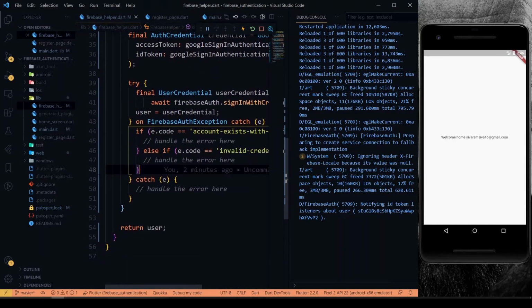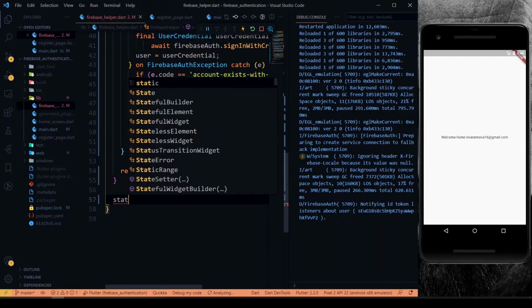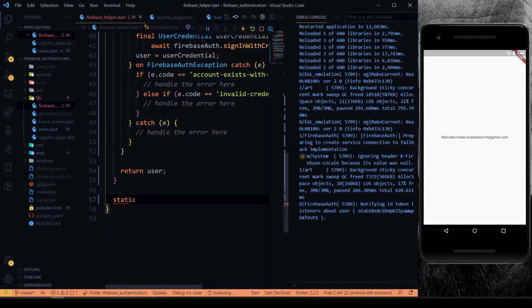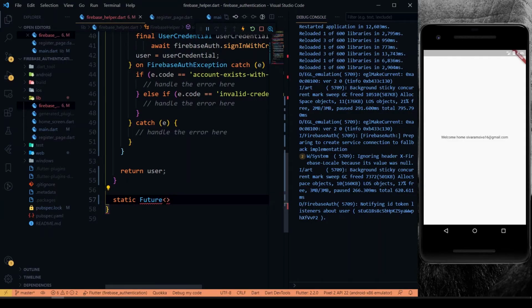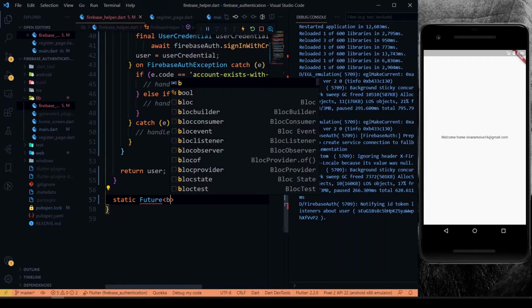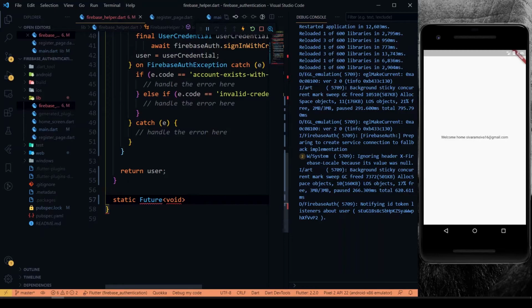And we'll implement a logout in our home page now. We'll implement the logout method in our Firebase helper. Sign out.